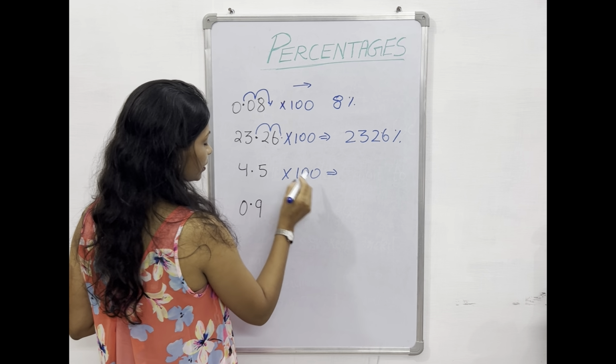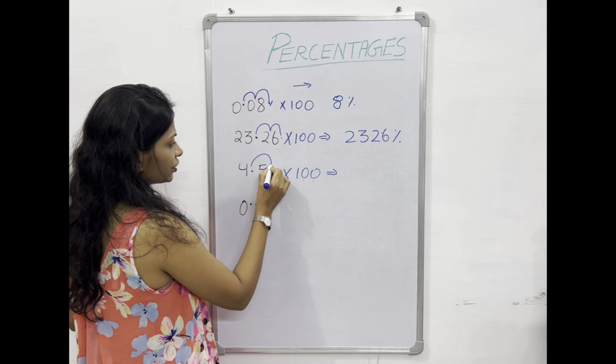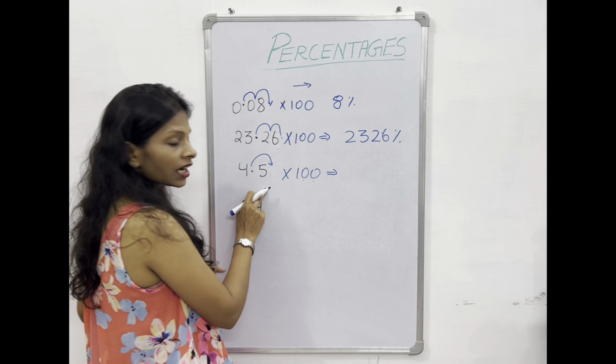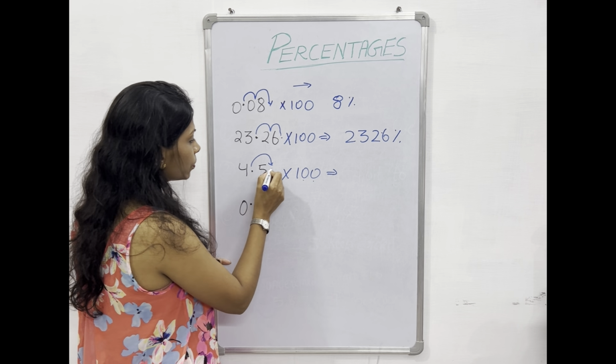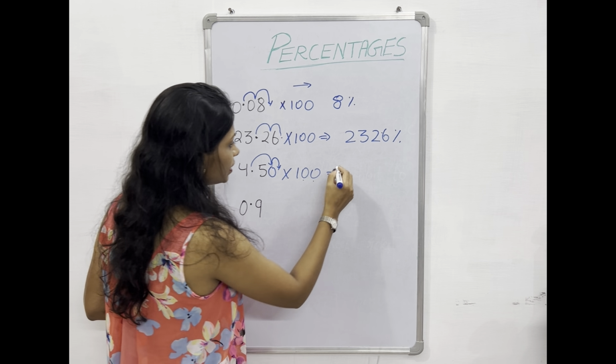Next example, I will multiply 4.5 by 100. Since I have to shift 2 points towards the right, I jump one digit and now I am out of the digits. Whenever I'm out of the digits, I will simply put more zeros so that I can make the jump. The answer is